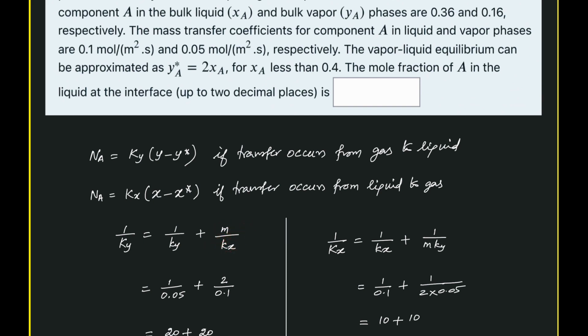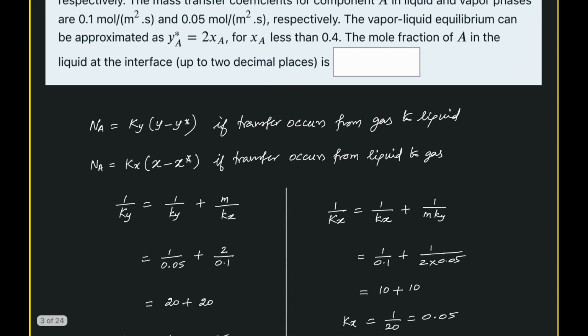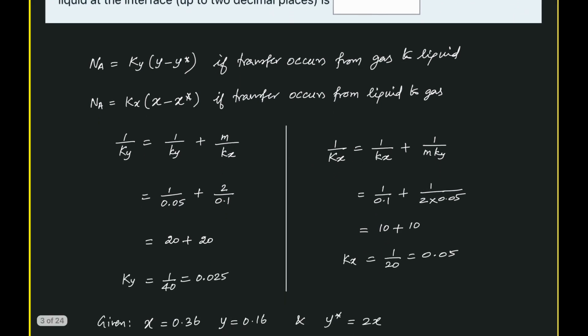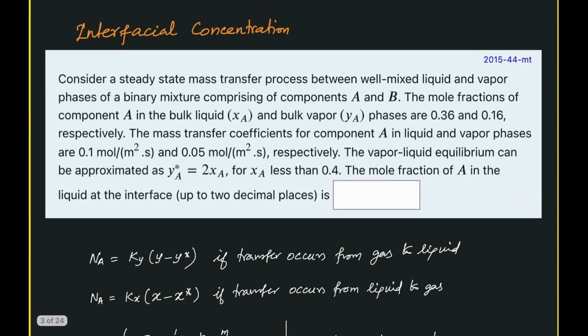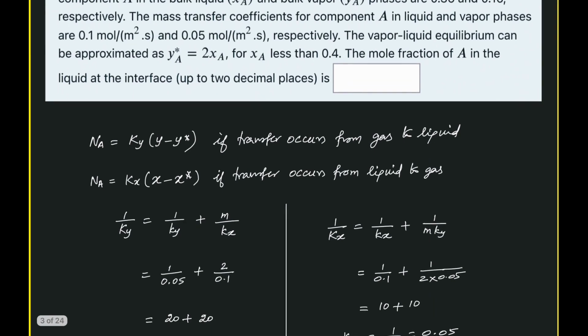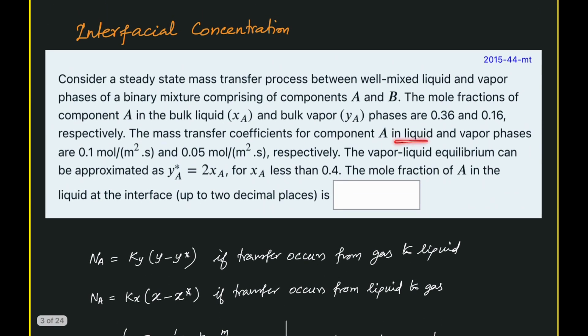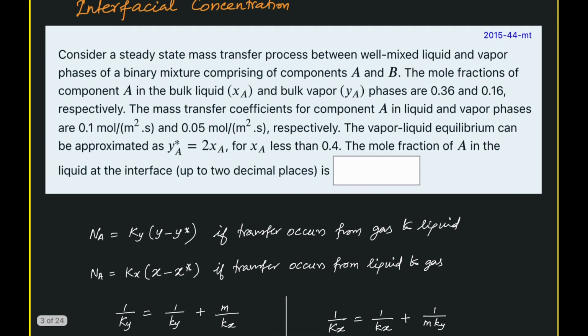That way, here this is your y, and if you take this m here, so y equal to m x. That way, somehow you can try to memorize this. Coming to the values available, we have small ky and small kx, given as kx is 0.1 and ky is 0.05, which are the mass transfer coefficients for the individual phases. Whereas this capital KOE is the overall mass transfer coefficient